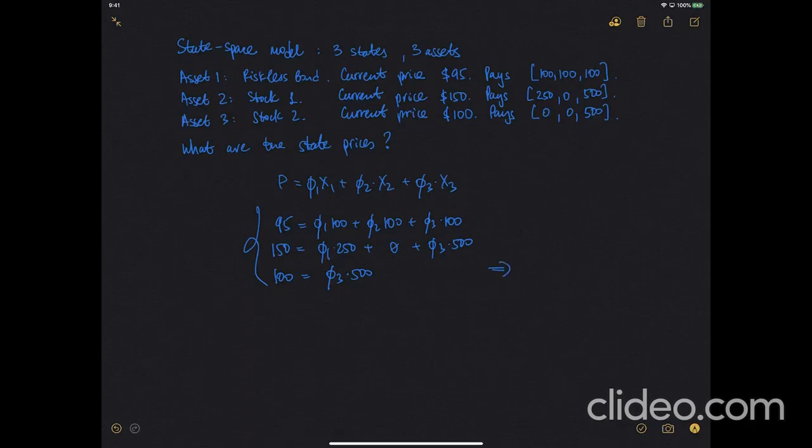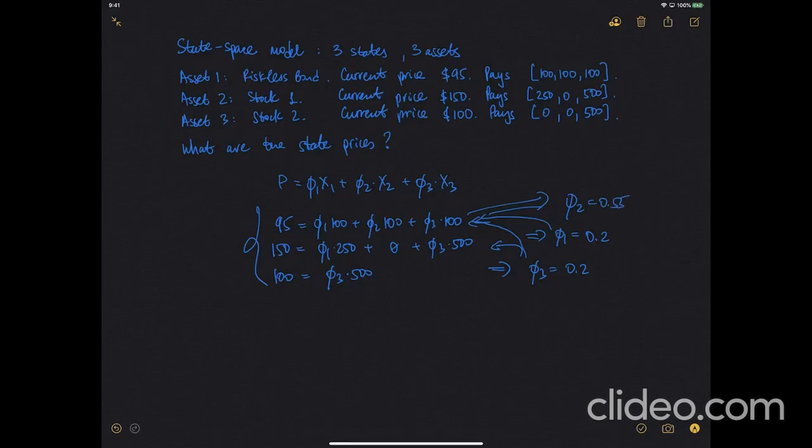From the last equation, we get phi 3 equals 0.2. We can plug this phi 3 into the second equation, and by solving that equation, you could verify that phi 1 would equal 0.2 as well. Finally, we can plug phi 3 and phi 1 into equation 1 and solve that equation for phi 2. If we do that, we find that phi 2 would equal